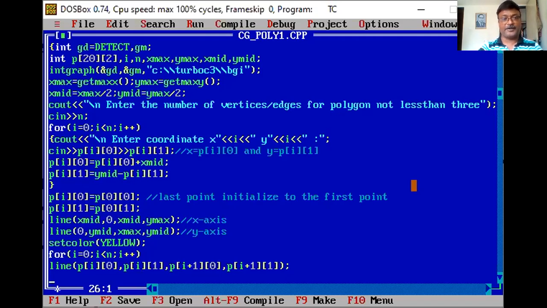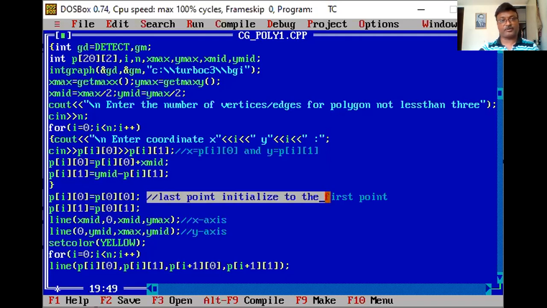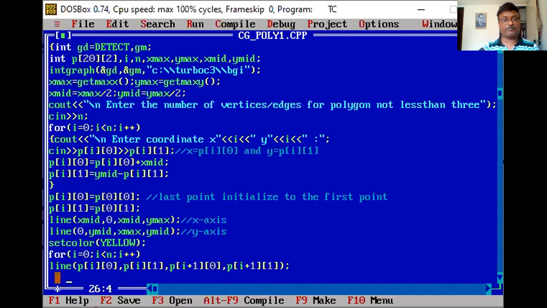Once you have completed this, I need to draw the last line. That's why I initialized the last point to the first point. So I can draw that line: pass p of 0, 0 because it is my first point, and p of 0, 1 is my first point. Correct?